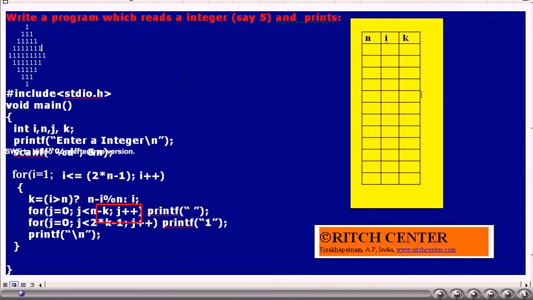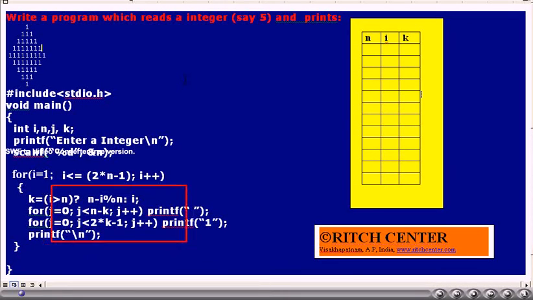In the case of the first row, we wanted 4 spaces, then a single one. In the second row, 3 spaces followed by 3 ones. Third row, 2 spaces followed by 5 ones. Fourth row, a single space followed by 7 ones.